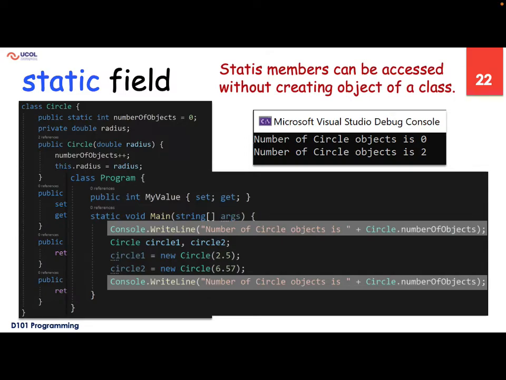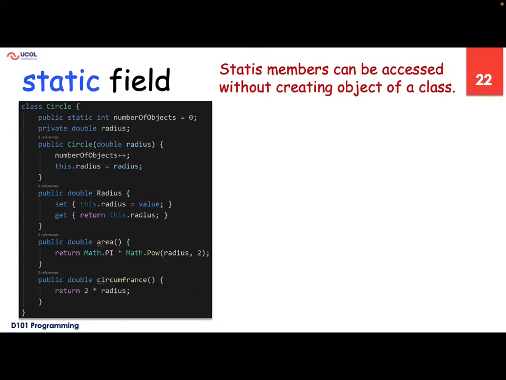of a class is auto created before we even create the reference type variables or create the object of the class. And we can access them even without that. If you remember, we have the main, we have this Math class, and then we are accessing the pi. We are accessing the power. These are the methods which exist in the Math class, and that pi is a static constant,